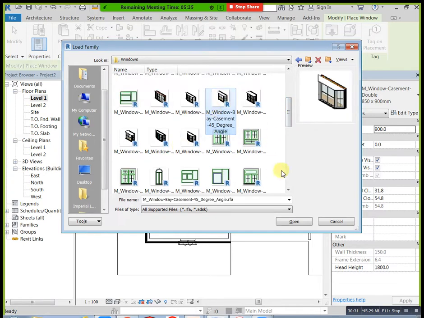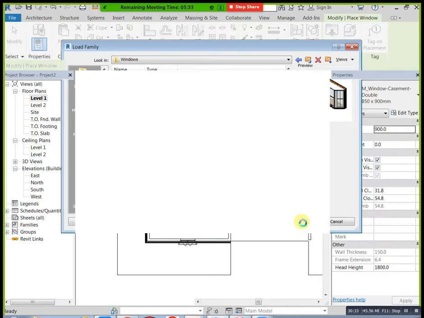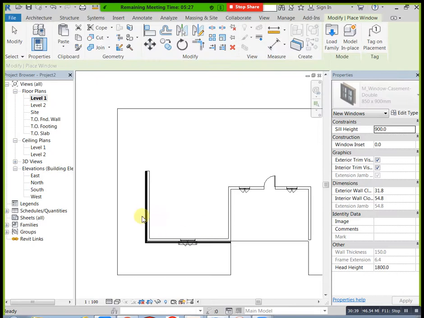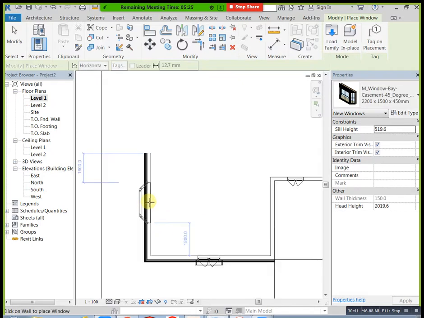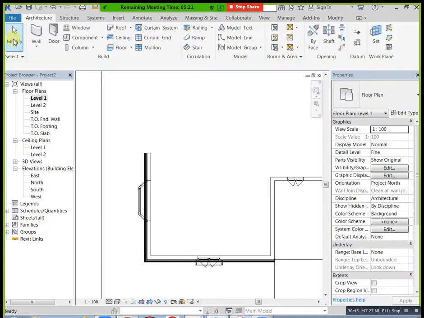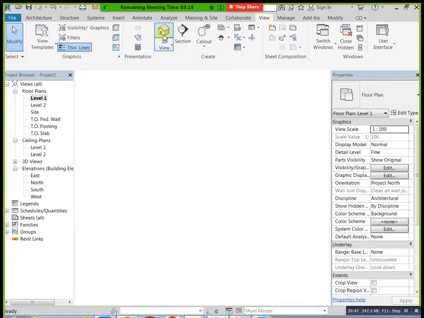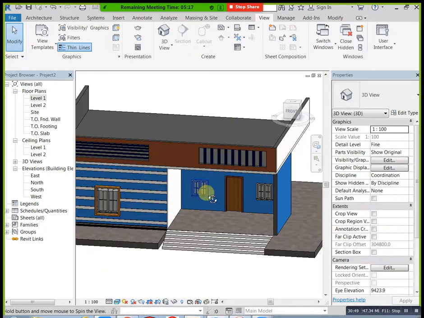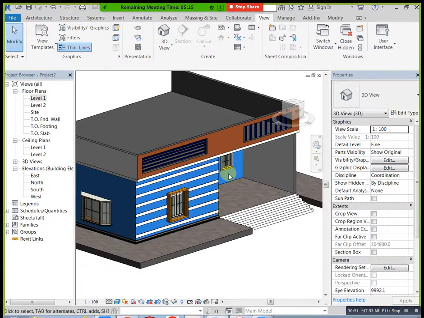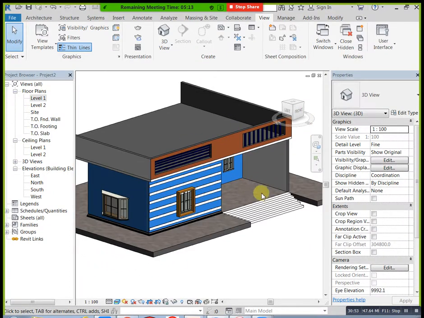For example, just select this one, go to material. For example, I need this one, not this type, you need, you can apply.